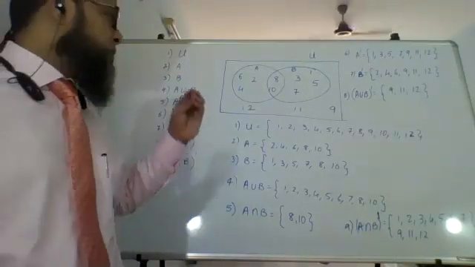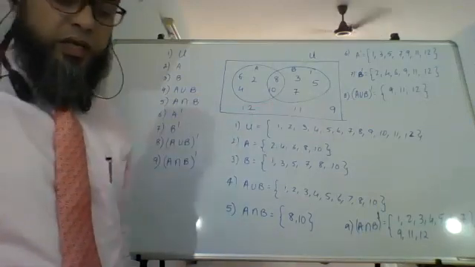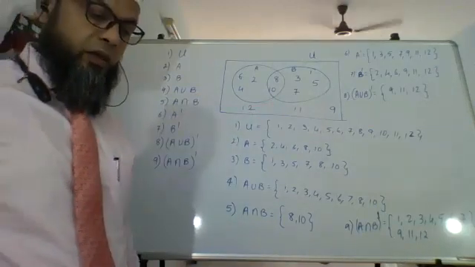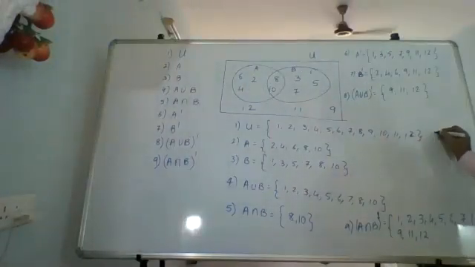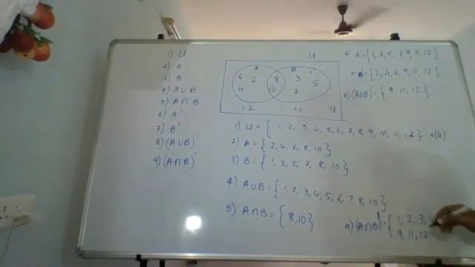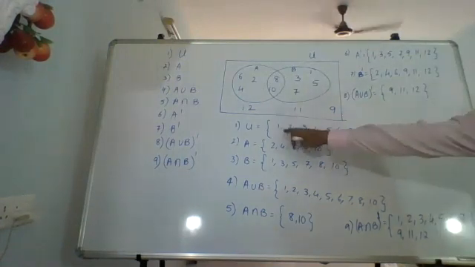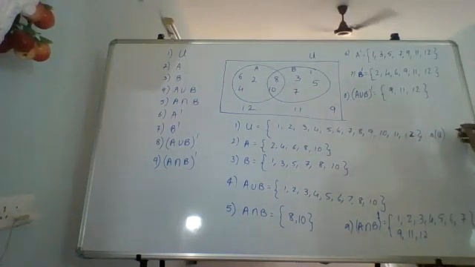Number of elements in a set is so simple. All you need to do is just count what are the number of elements. How many are written in it. Okay, and before that we write, for example, I purposely left space here. I'll say n of u, universal set. How many are there? 1 2 3 4 5 6 7 8 9 10 11 12. n of u equals 12.